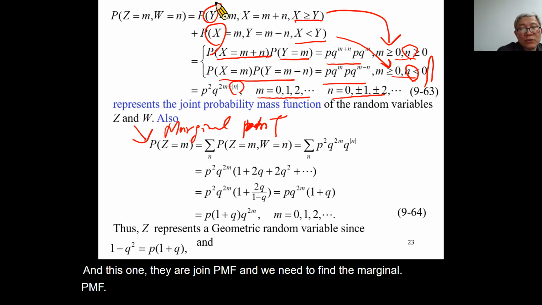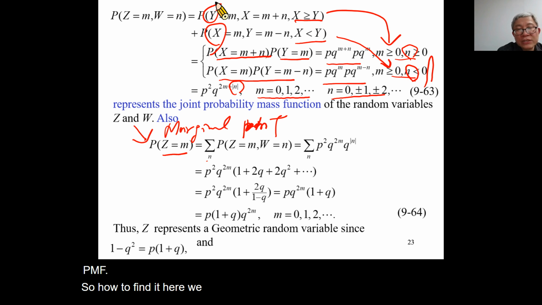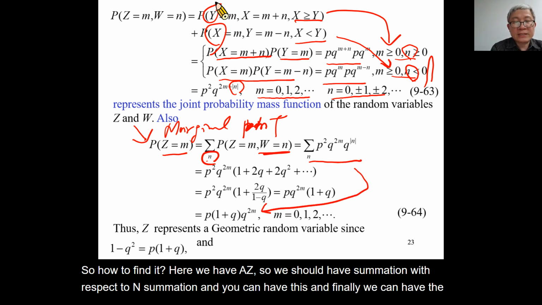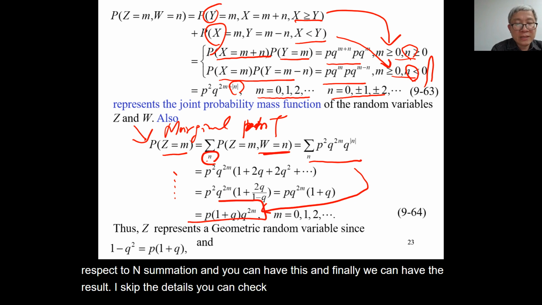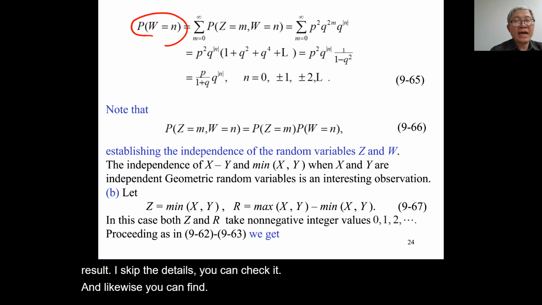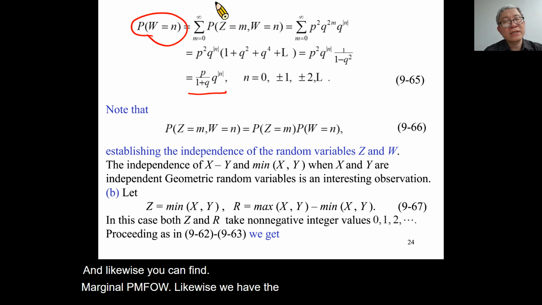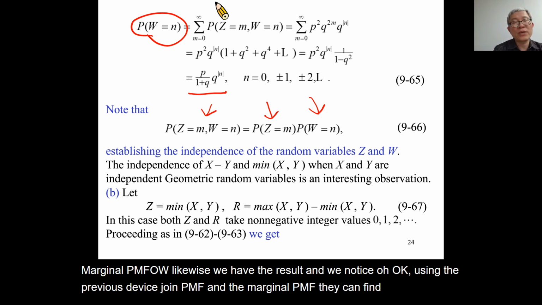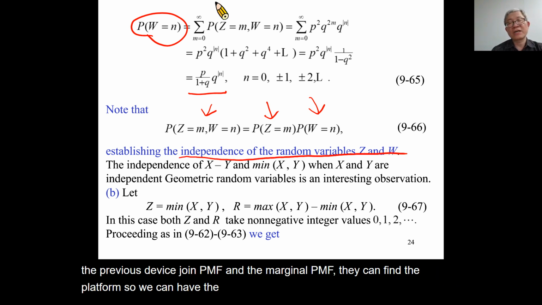So how to find it? Here we have a z, so we should have summation with respect to n. Summation. And you can have this, and finally we can have the result. I skip the details, you can check it. And likewise, you can find the marginal PMF for W. Likewise, we have the result, and we notice that using the previously derived joint PMF and the marginal PMF, they can find the product form,